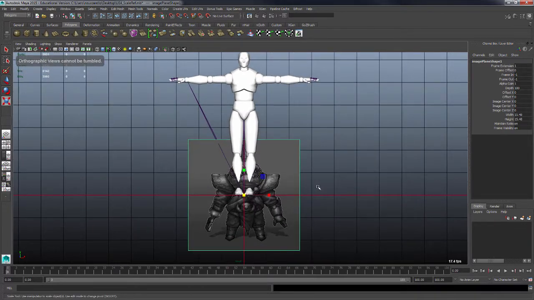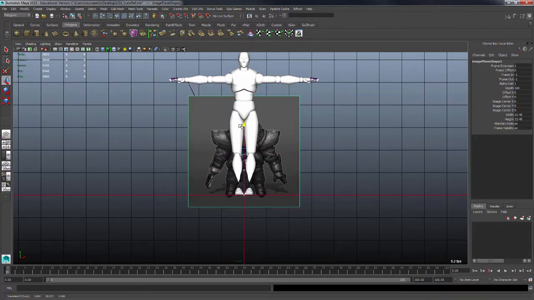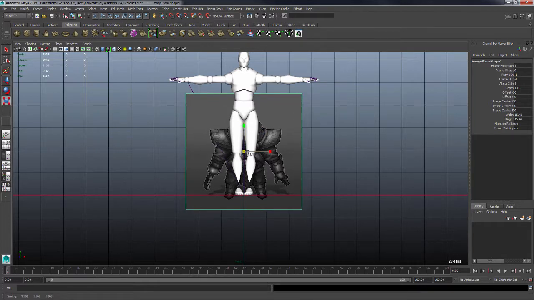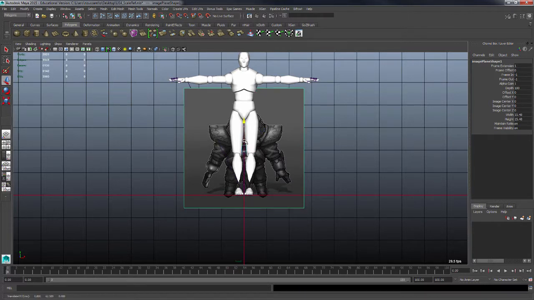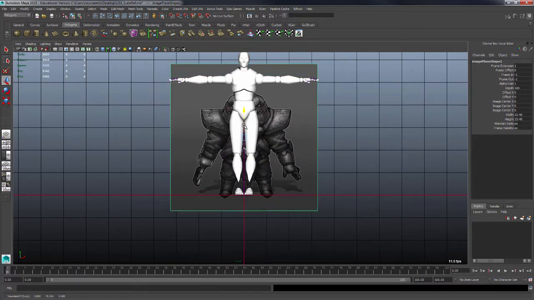So we need to get this thing roughly the size that we're looking for this character, and we want the feet to be right along the horizon right here on the grid. And I believe I want this character to be a bit, let's go ahead and scale this up, move it, and I want to scale it up a little bit more. I was thinking this character should be about this big